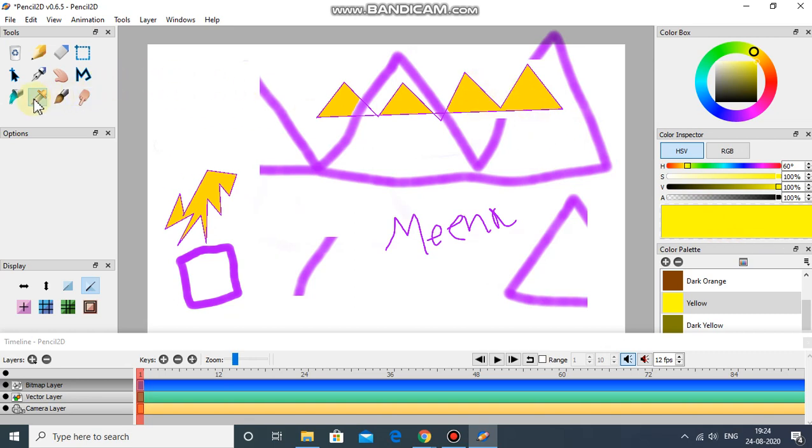So I go to the eyedropper tool. I click on the color. So this gets the same color. And now I go to my paint bucket and click inside the object. So it picks the